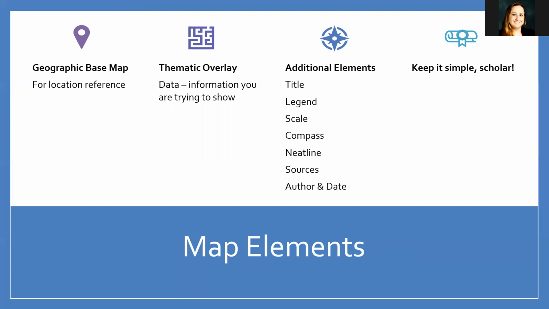Including a scale is important because your map is just a piece of the world that can be zoomed into or out of at any level, which is unknown to the map reader. There are many different types of scales you can use, and we'll talk about that more in a few weeks. The same is true when it comes to the compass. You can change your map to face any direction you want, and unless you know which way the map is orientated, the reader will not know.